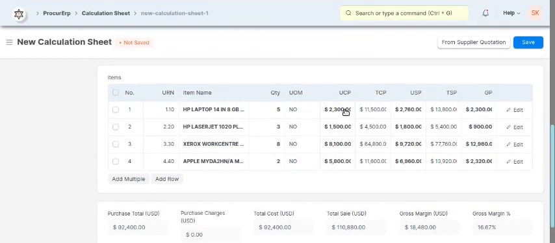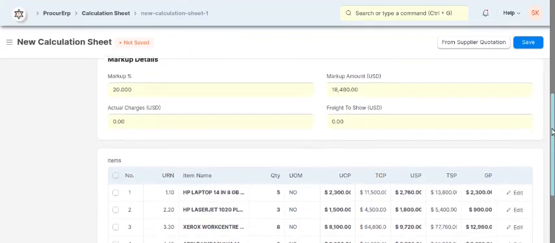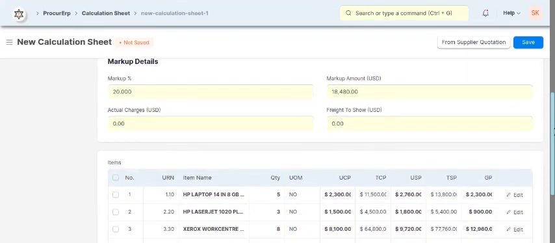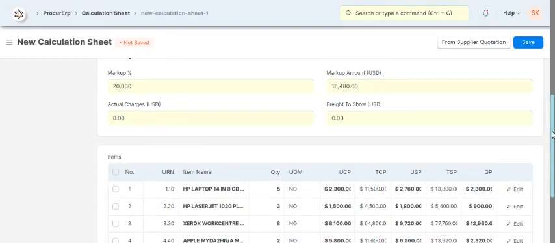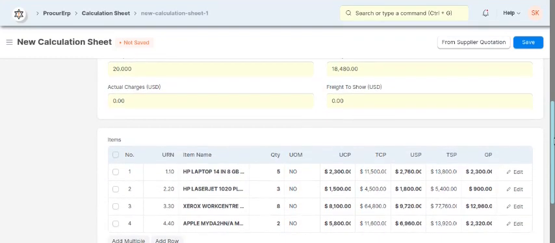This is the cost price coming from the supplier quotation, and this is the unit selling price after adding 20% markup on the cost price. And this is the actual charges. Like in the supplier quotation, the supplier is having freight of 100 USD. That information you can enter here.